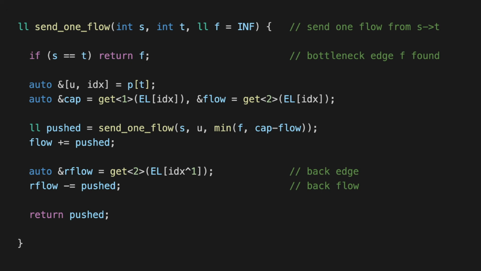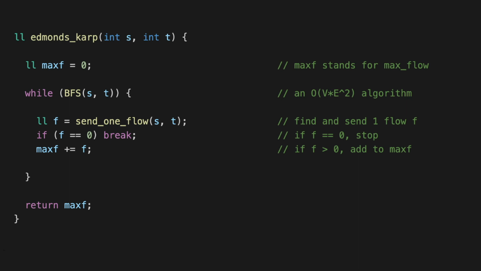So now it's time to piece everything together and actually look at the Edmonds-Karp algorithm now that we have all the specific pieces in place. As we said, to begin with, the maximum flow is initialized to 0. We haven't really done anything yet. And now what the algorithm is basically saying is the following. For as long as you can find a path from S to T in the residual graph, find the shortest such path and route as much flow as you can through that path,